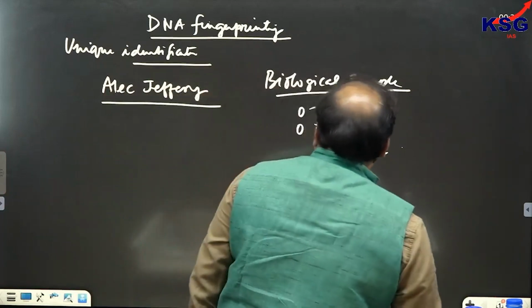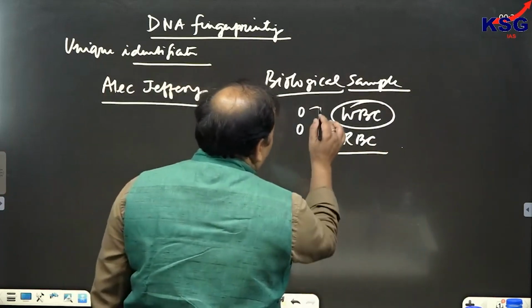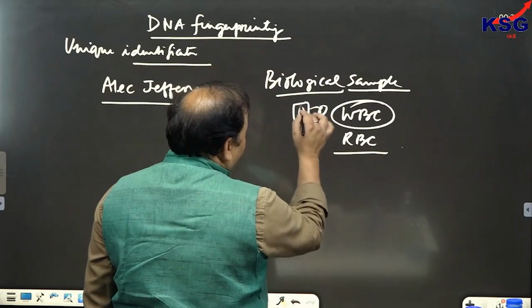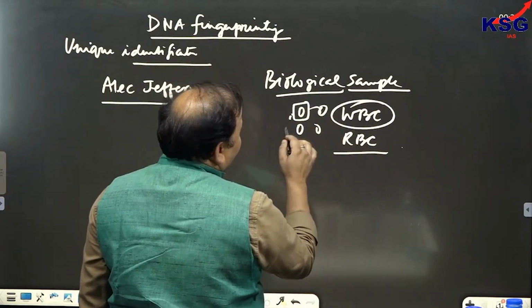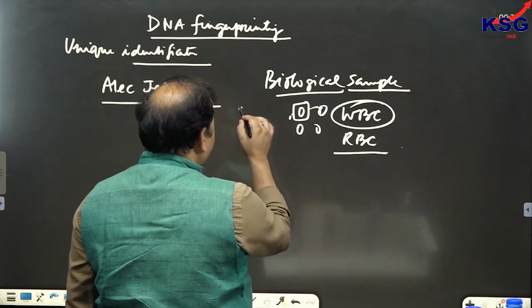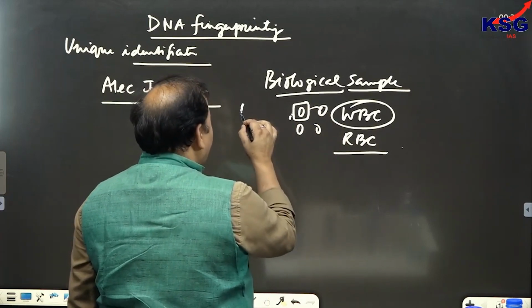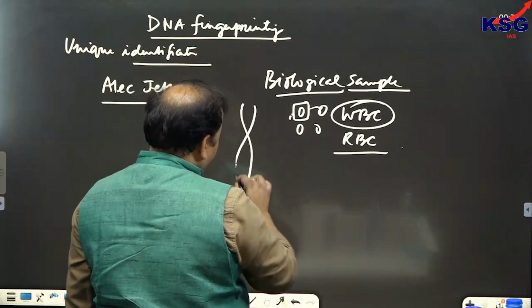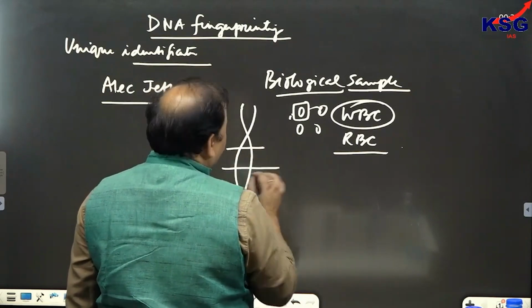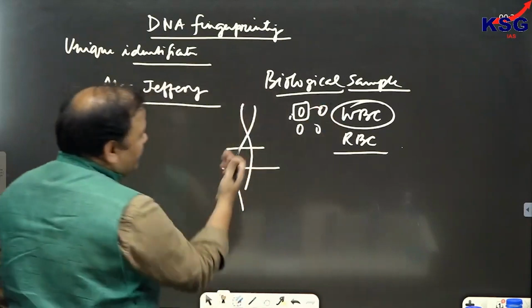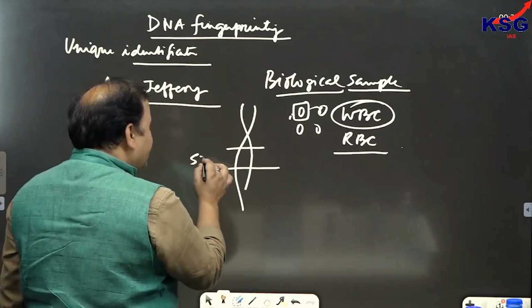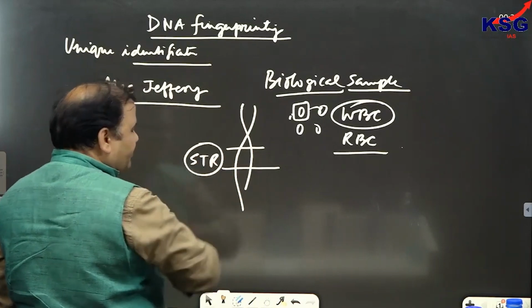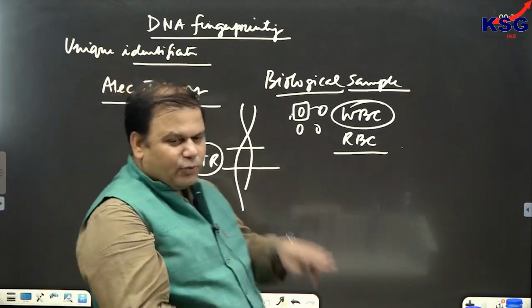Clear? So the biological sample was taken, and one drop of blood. मान लो कि WBC है, तो इस ब्लड से क्या करते हैं कि एक पोर्शन DNA का कट करते हैं. मान लो इसमें DNA है तो एक पोर्शन DNA का काटते हैं. और किस पोर्शन को काटते हैं आप जानते हो? STR, that is short tandem repeat. When you are cutting this portion of DNA,